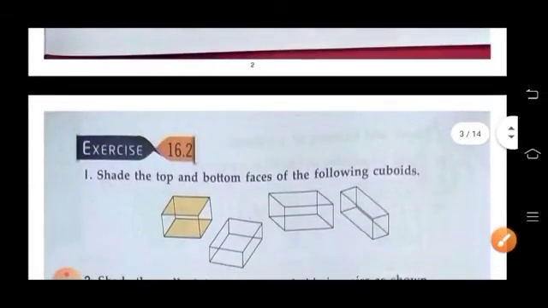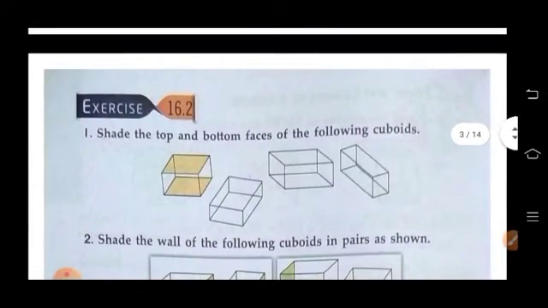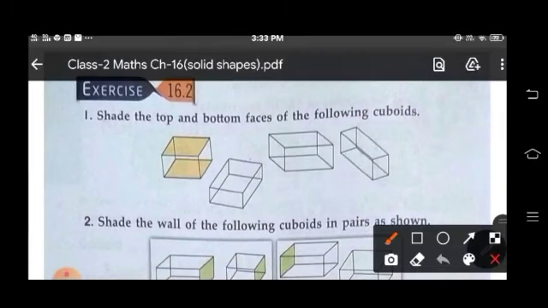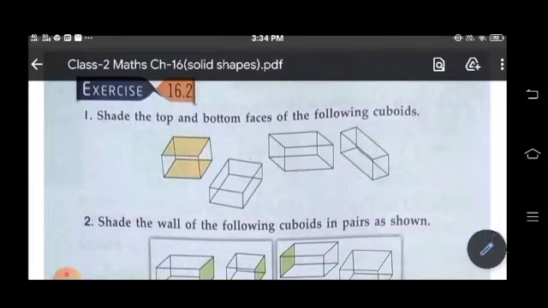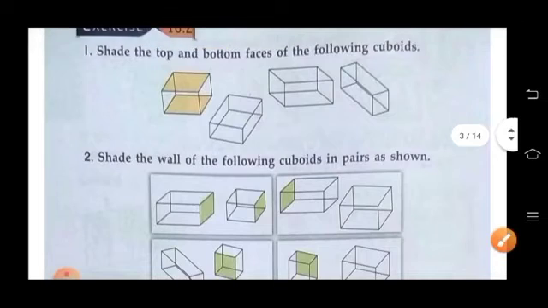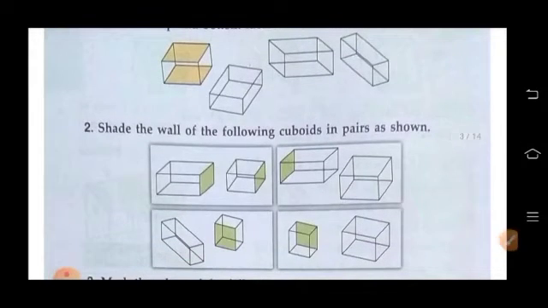So let's do exercise 16.2. Shade the top and bottom faces of the following cuboids. Children, top, bottom, top, bottom, top, bottom. So shade it, okay? Now shade the walls of the following cuboids in pairs as shown.